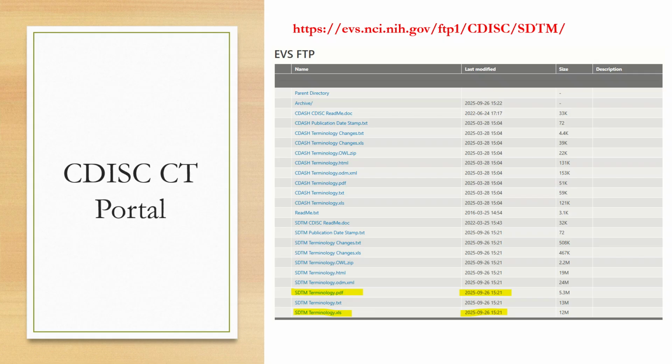The link to this portal is provided in red here, and by navigating to this link, you will go to this page where you can see all the SDTM terminology files here. Most of you might know that this particular terminology is updated every 3 months in a year. So from the last modified dates, you can access the latest SDTM terminology sheet provided by CDISC,